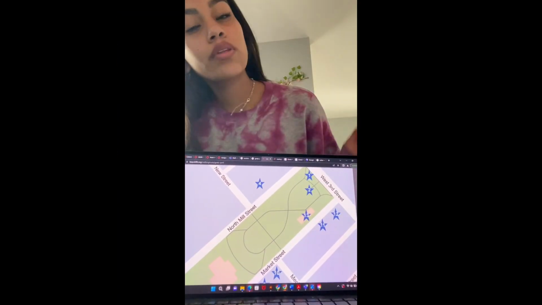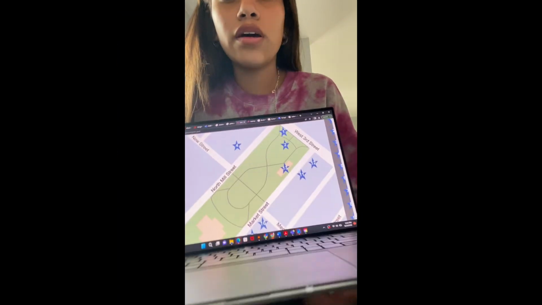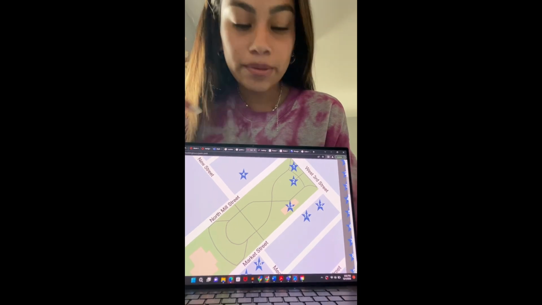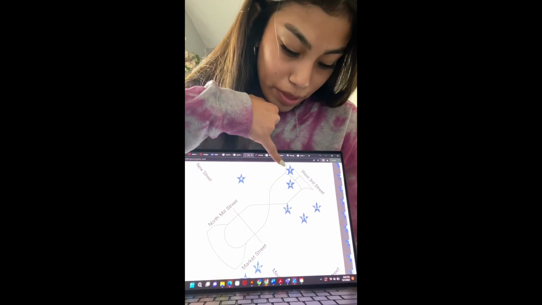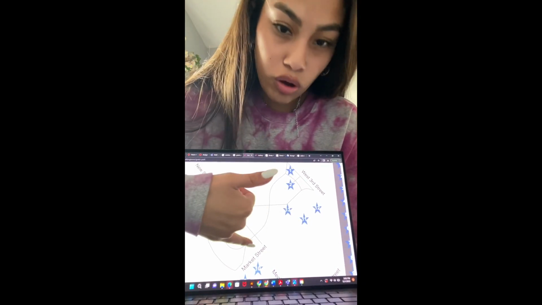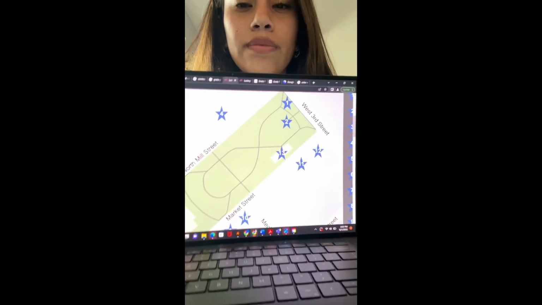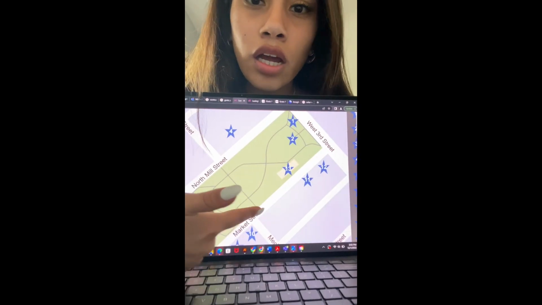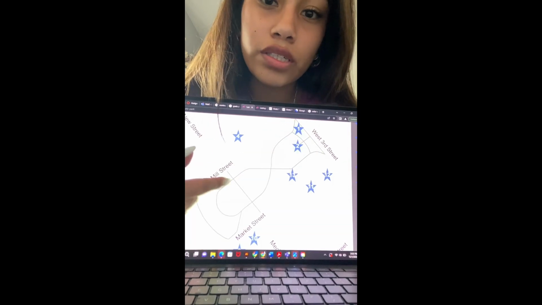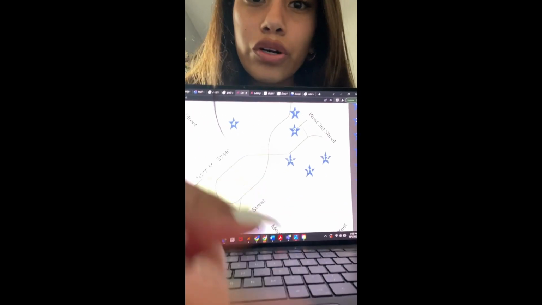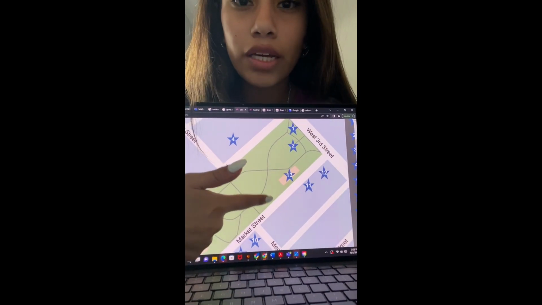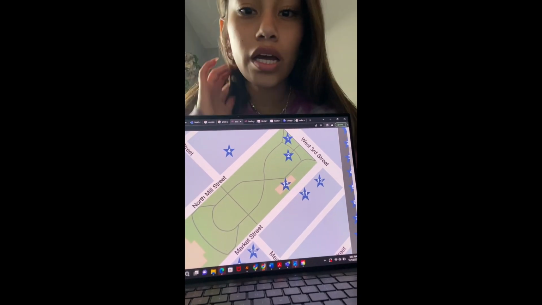Lastly, with the walking path of Gratz Park, the pattern of it is almost like an 8 or an infinity sign, and then there's these parts too, but the majority of it is like an 8. And